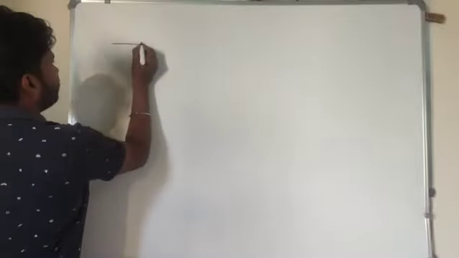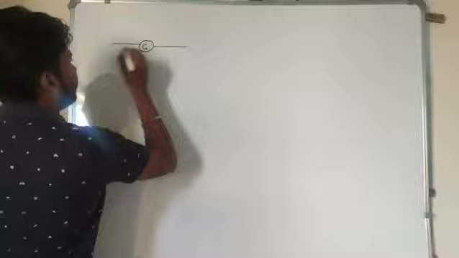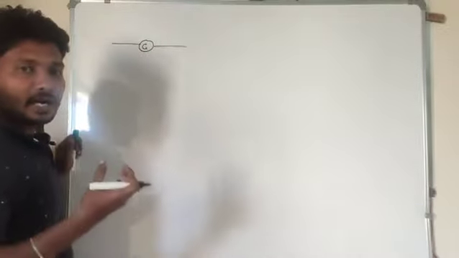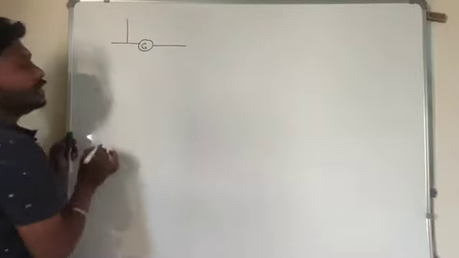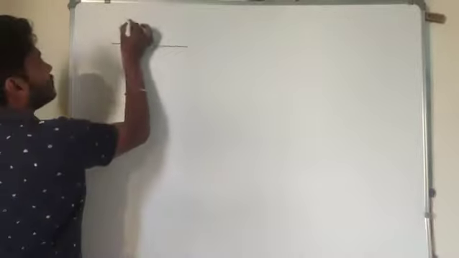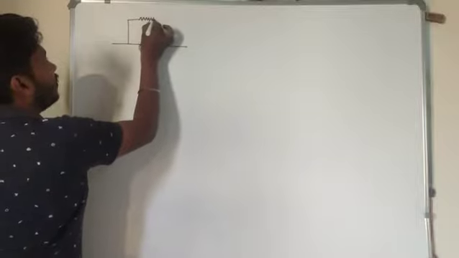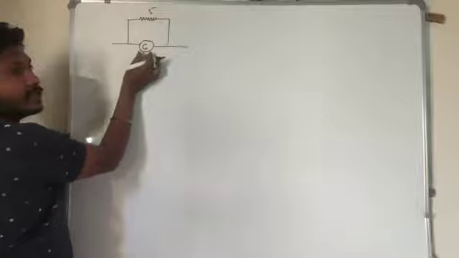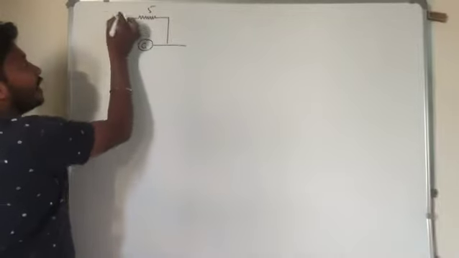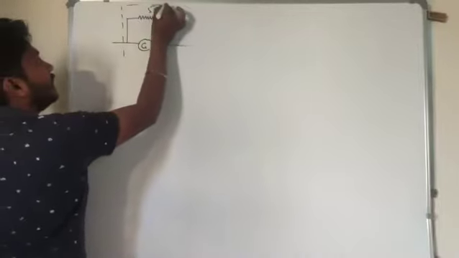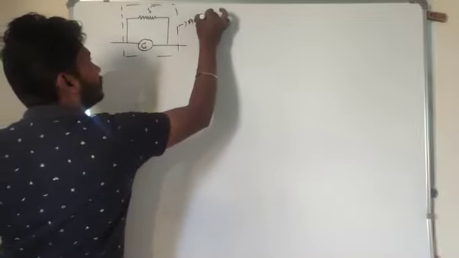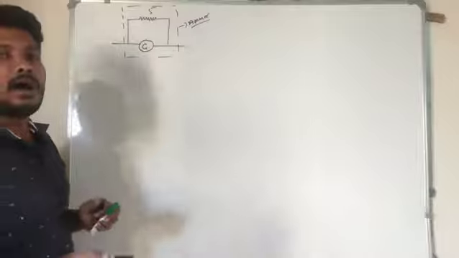Look at here. This is a galvanometer, right? I want to avoid the damage to the galvanometer. So in order to do that, I want to convert this galvanometer into an ammeter. For that purpose, I will take a suitable low resistance. That suitable low resistance, or shunt resistance, I will connect parallel to the galvanometer. Then this entire combination acts as an ammeter.